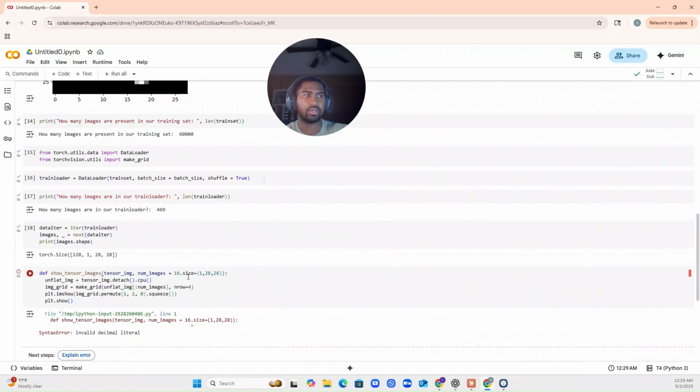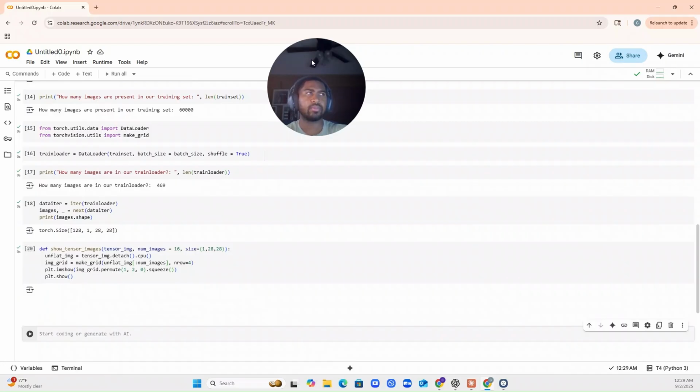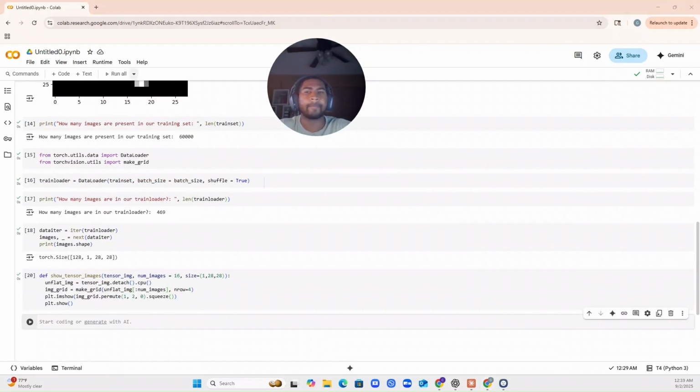Invalid decimal. Oh yeah, right there. Okay, I think that's supposed to be a comma. Boom. Nice, beautiful. So now that we have our function created, let's use it to view some of these images